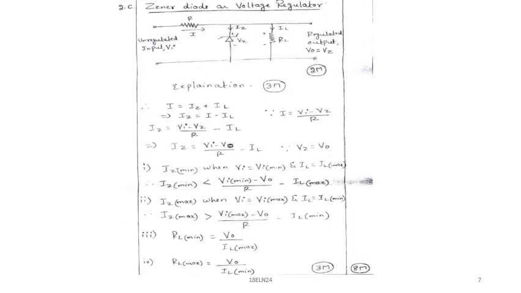And again, second one, 2C, Zener diode as voltage regulator. First write what is Zener diode and write down the circuit diagram for a voltage regulator. With the load, you can mention, with RL circuit. So circuit diagram 2 marks, explanation 3 marks here, so 2 plus 3, 5.